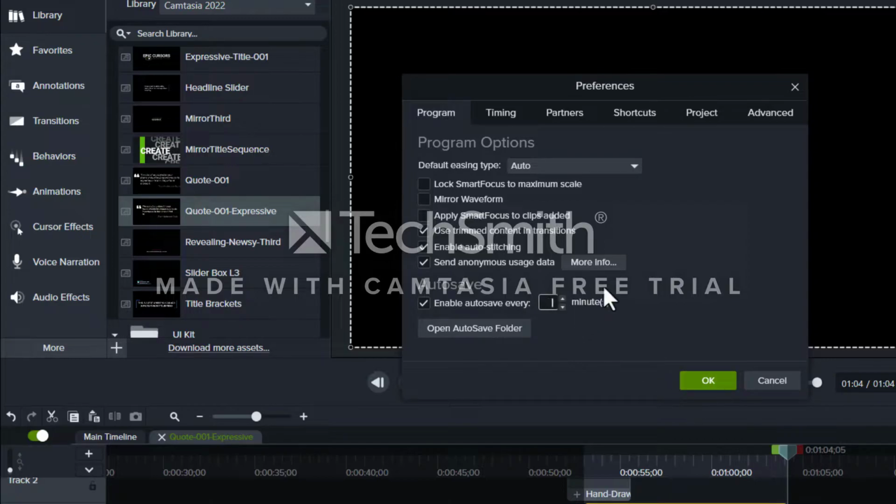Down here, you can open the autosave folder. So whenever you want to grab your autosaved file, it's going to be right here. If you try to open a